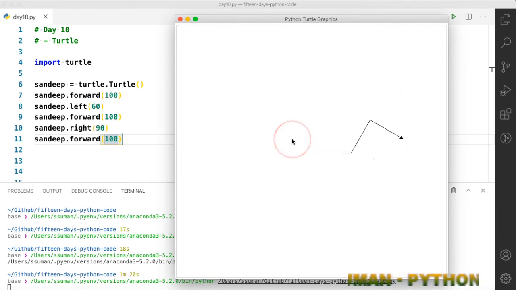Suppose you want to create a square, then what do we have to do? We rotate left or right by 90 degree, and this idea can be used to trace the square. First we go in the default direction, then we go up, then left, and then down. In this way we can create a square. So first you should plan, not only in this library but in any program, you should always try to plan first and then try to write your code.